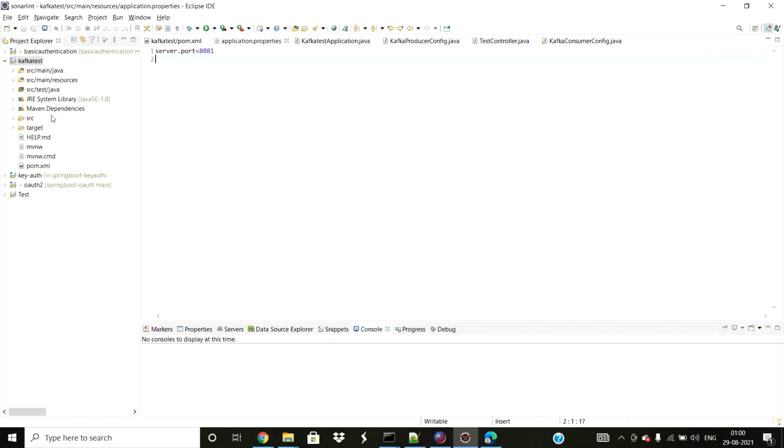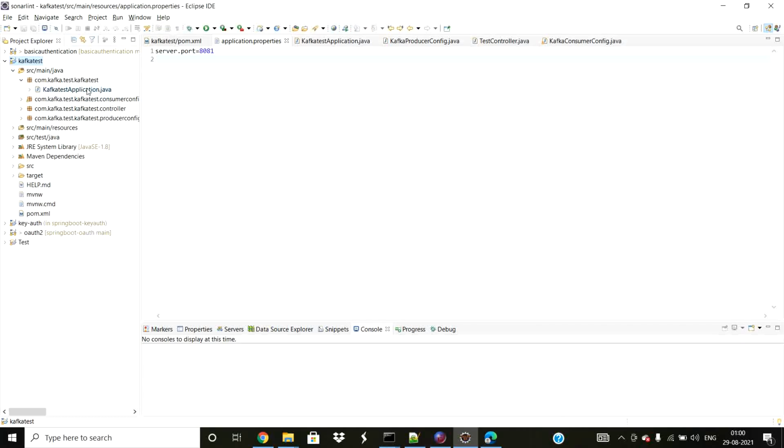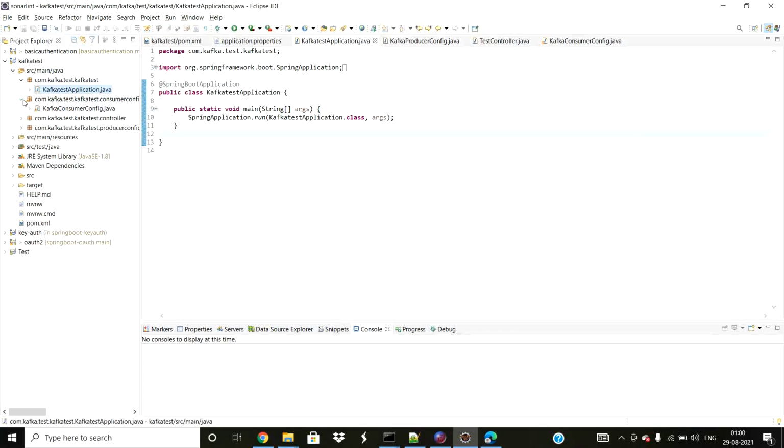Now, starting with the producer, this is your main class from where the Spring Boot application will be invoked.